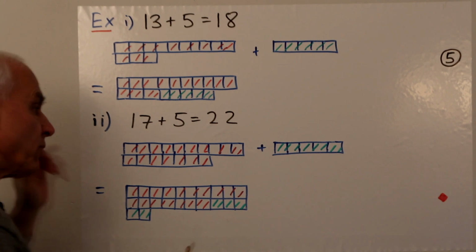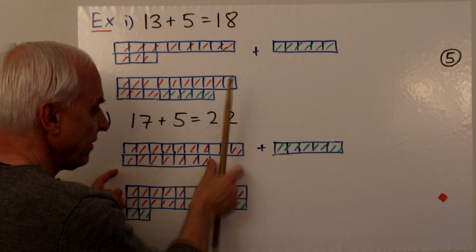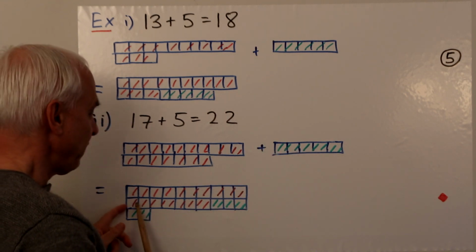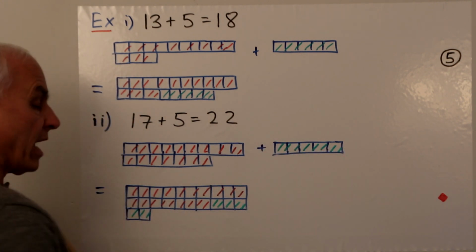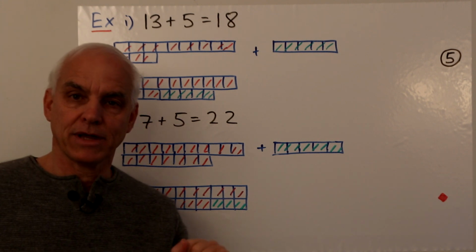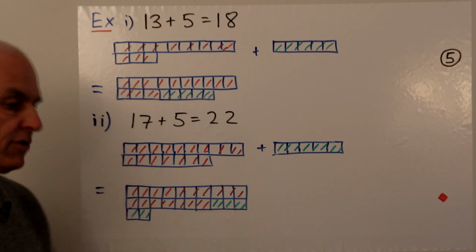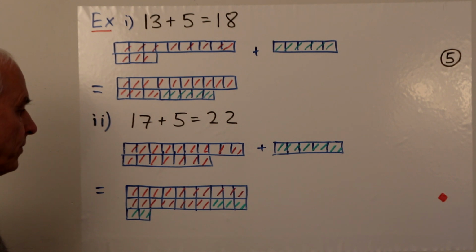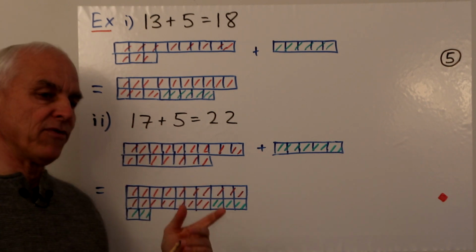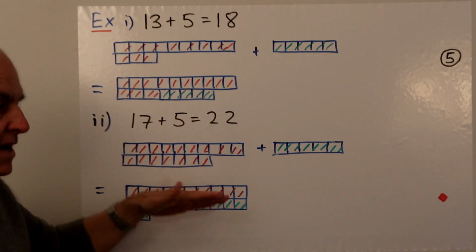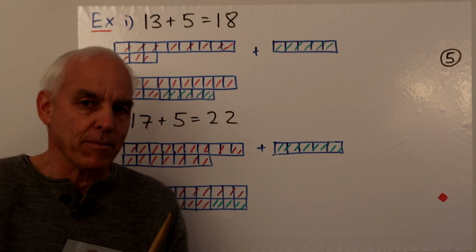To add them, we're going to take 3 of them and slot them beside the second row here to finish that row of 10, to make a complete row of 10. Then we'll have 2 left over, which will go down to form a new row. So altogether we get 10, 10, 2. So 2 tens and 2, otherwise known as 22. It's really the same kind of thing as what was happening when we were adding just 7 plus 5, but there's now an additional row of 10 hanging around. But what we're actually doing otherwise is exactly the same.